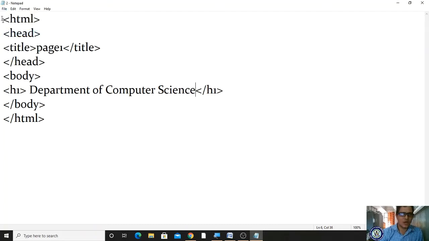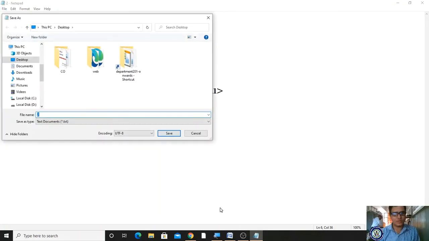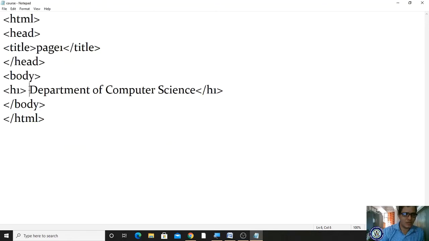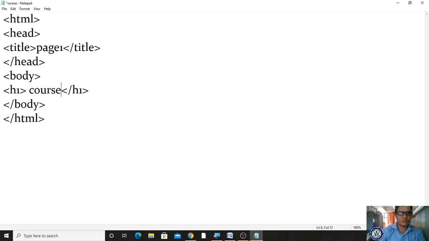Now I will save this file with another name, courses.html. I'm modifying it here to courses, right? I'm saving.